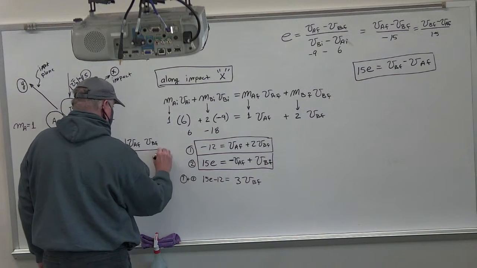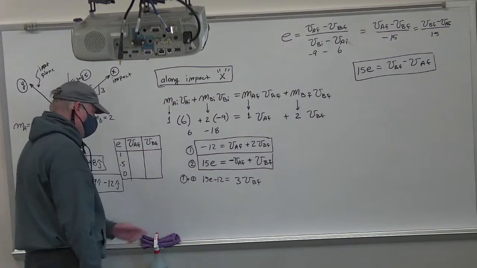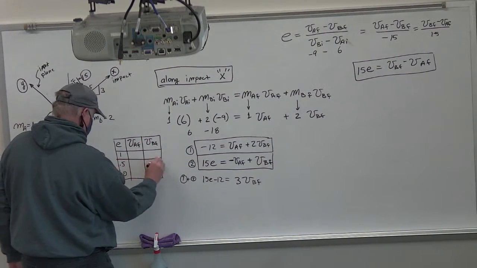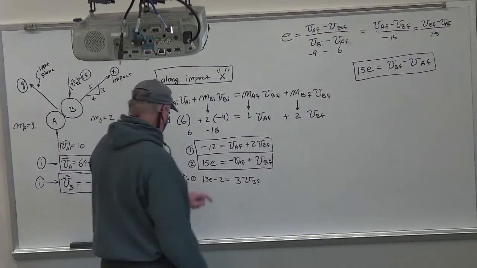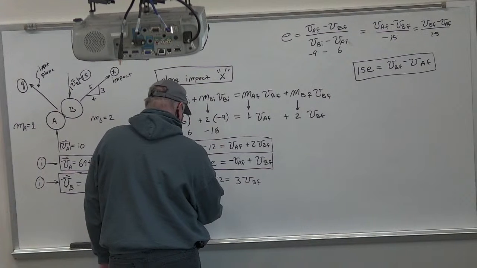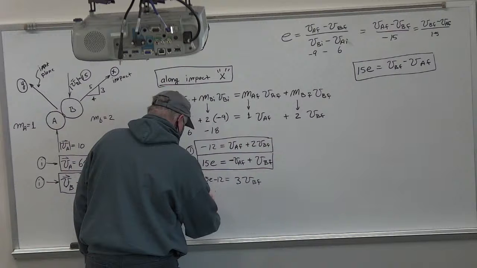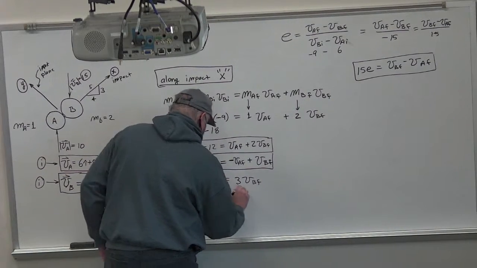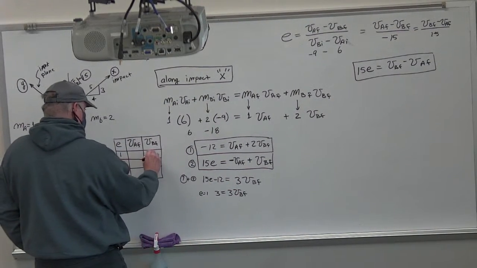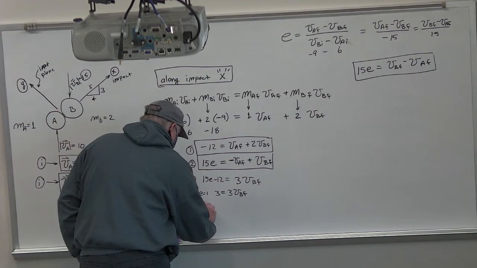I'm sorry things are a little cramped here, but I'm obviously not going to get all my digits. So if I put in 1, on this left side 15 minus 12, or for E equal 1, I get 3, so I put 3 VB final, and I get 1 here. For E is equal to 0.5,